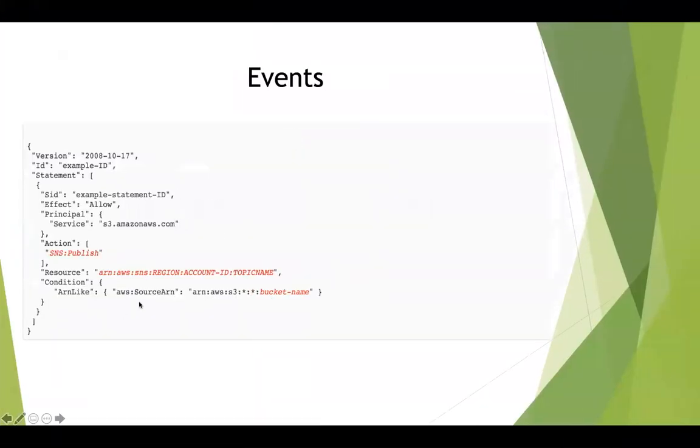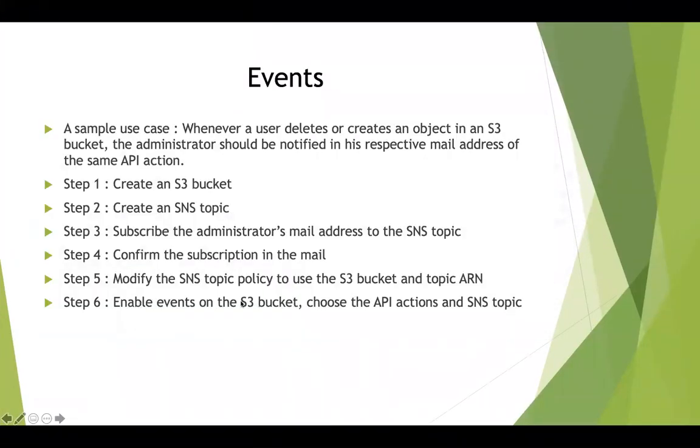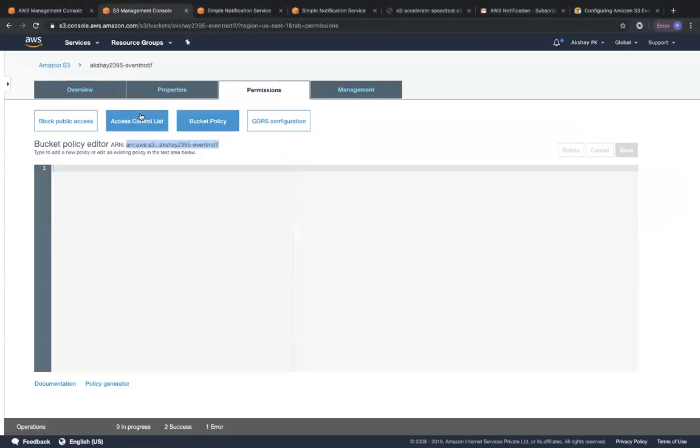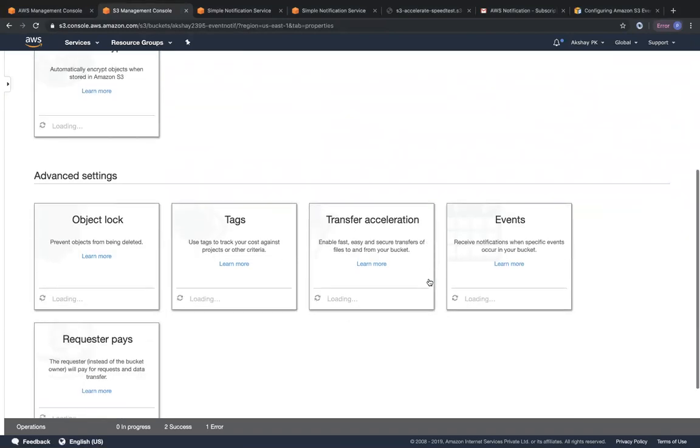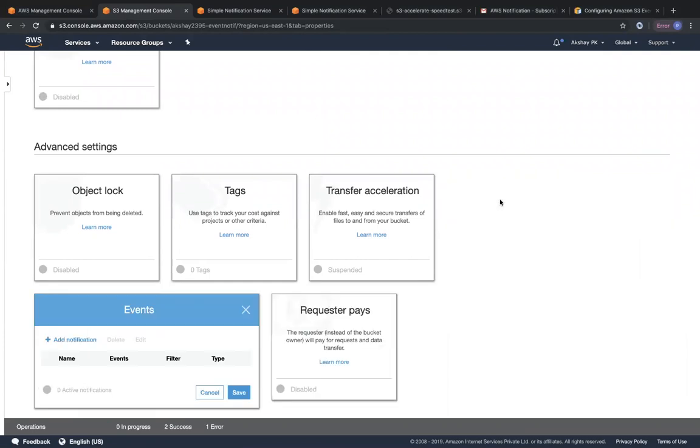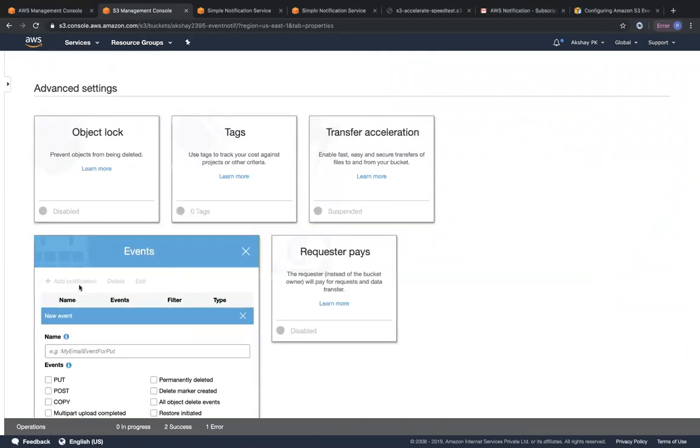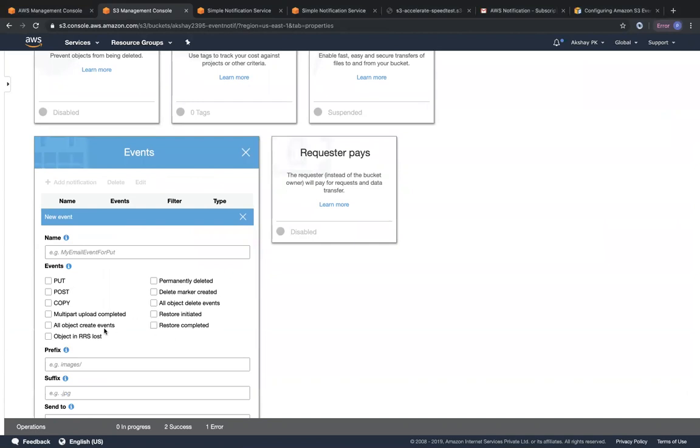The next step that we need to do is just go ahead and enable event notification on the bucket level. So going back to the bucket on which we wanted to enable event notification, scroll down, click on events, click on add notification. So you can see all of your events over here, right? Some of the events that we described were put and post, which was object creation. We also saw object deletion, delete marker created and permanently deleted, and all object delete events. We also saw restoration events in terms of Glacier to S3 or Glacier to S3 IA and so on. So restoration events are there, and even reduced redundancy storage object lost events are there.